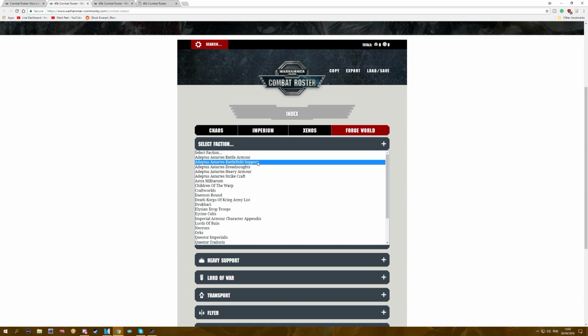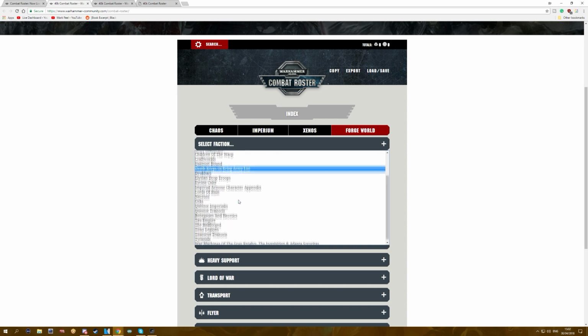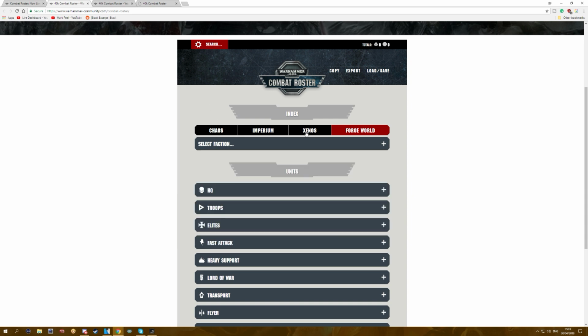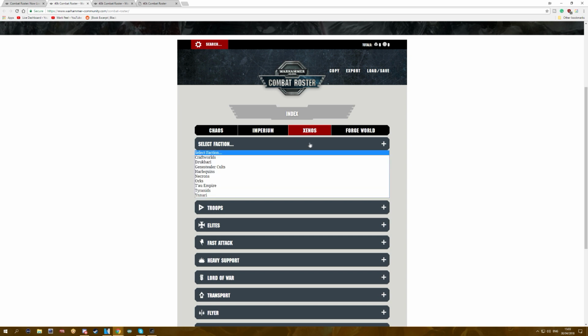You've got the Adeptus Astartes armor, the Astartes battlefield support, dreadnoughts, heavy armor, Astra Militarum, Children of the Warp. There's so many, there's just so much. War Machines of the Grey Knights, Inquisition, and Adeptus Sacratus, Titanic Traitoris, Titan Legions, the Hellforge, Tau Empire, Xenos, let's get rid of those Xenos. And again, Xenos, you've got the Craftworlds, the Dark Eldar, Genestealer Cults, Harlequins, Necrons, Orcs, Tau Empire, Tyranids, and